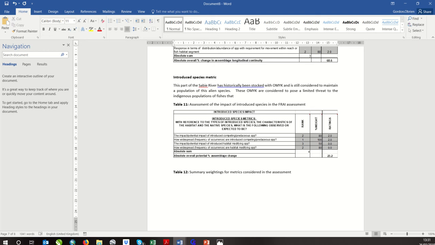Yeah, you need to hypothesize. So here I must actually say this part of the Sabi River has historically been stocked with trout. Okay. Look, and we hypothesize that they still occur, we hypothesize that a population is being maintained